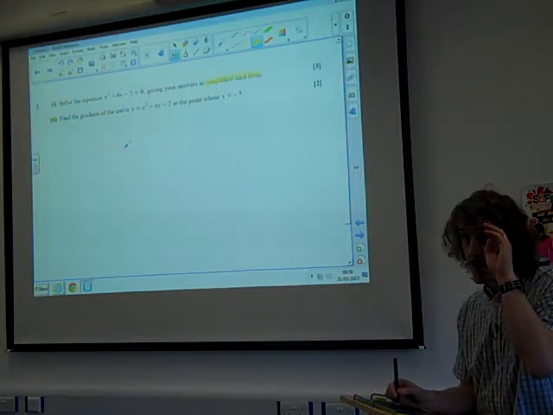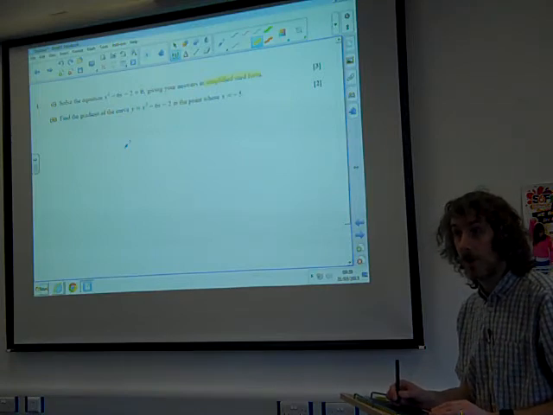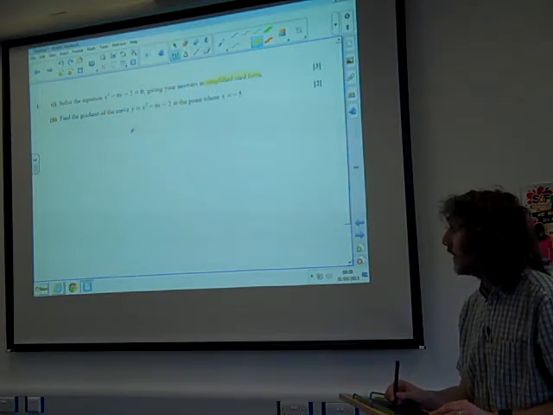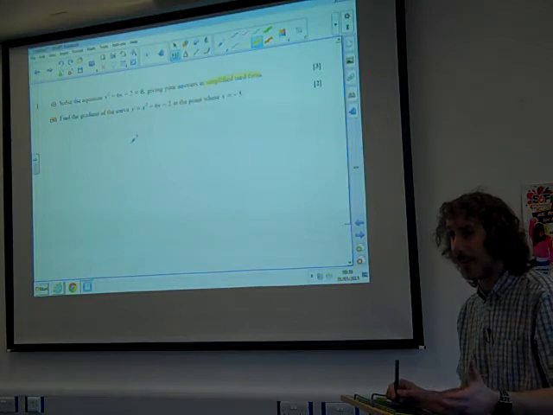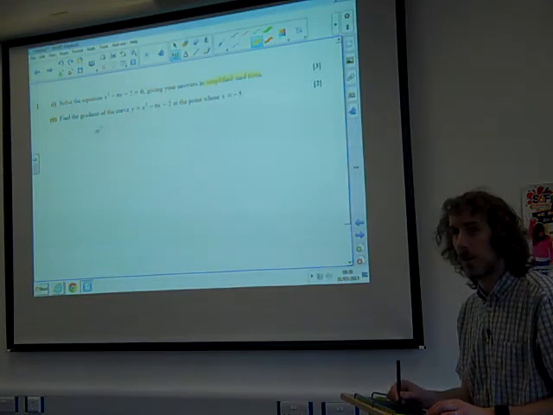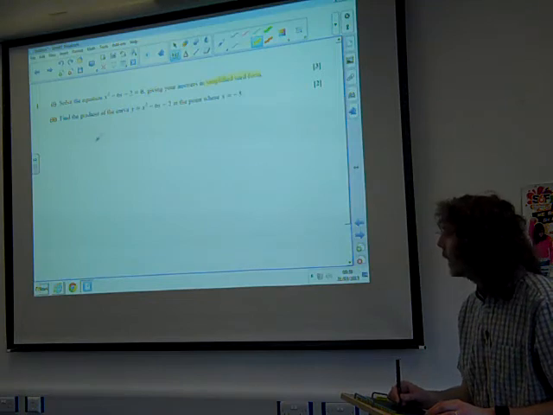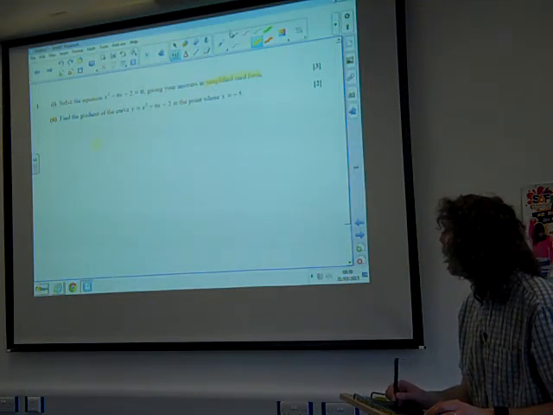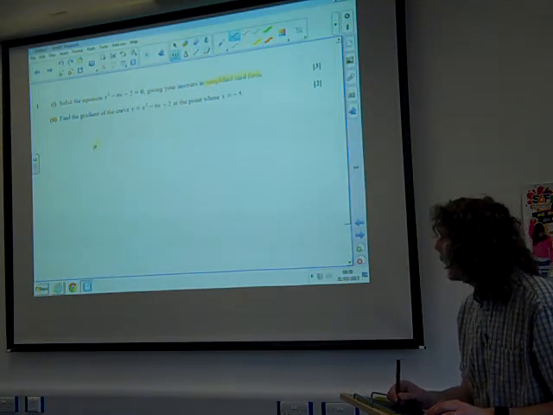So we've got two choices. We could complete the square, or we could use the formula. Seeing as it's not really asking us to complete the square, I think we probably would just go straight to the quadratic formula, wouldn't we? And say, in this case, x equals